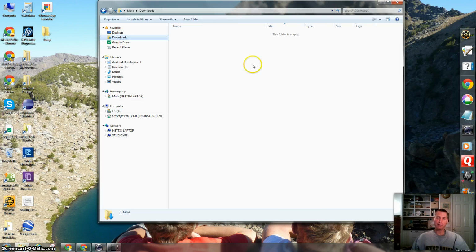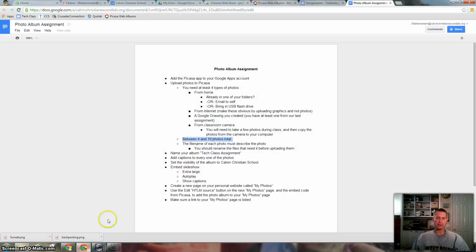You might have to clean out your downloads. Okay, so you might have to select everything and delete it there. And I'm going to paste these pictures here. Okay, now the next set of pictures that you need to do that takes care of my home pictures are